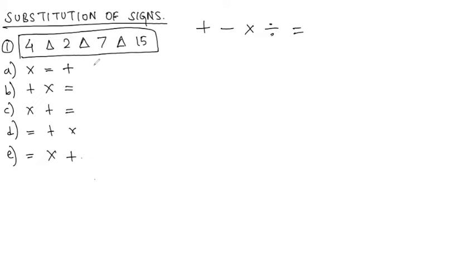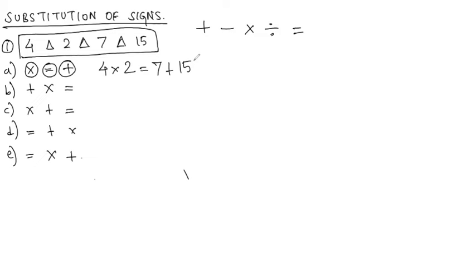We'll start. So write the numbers as it is. Numbers like that you should write. So starting with 4, triangle ide. So illi first triangle place alli first sign I should write. So first sign here is into. So 4 into 2. Next triangle place alli I should give second sign, which is equal to. Write down the number 7. Then triangle ide. So e triangle place alli third sign, I'll write down the third sign, plus. 7 plus 15. Idu namge, this is the equation we have.